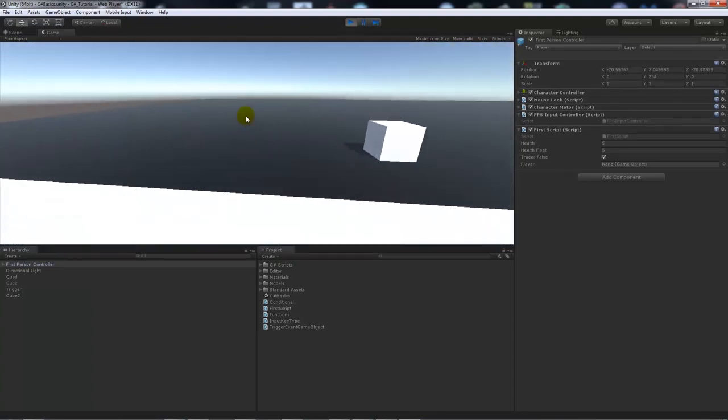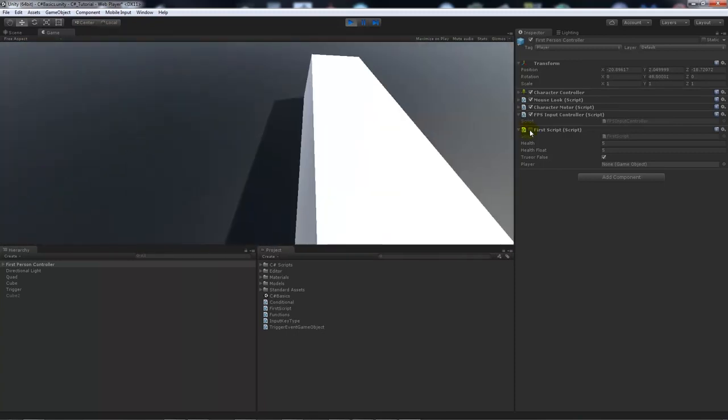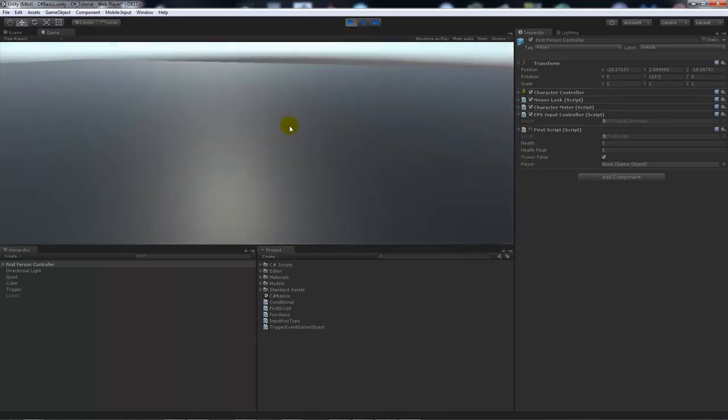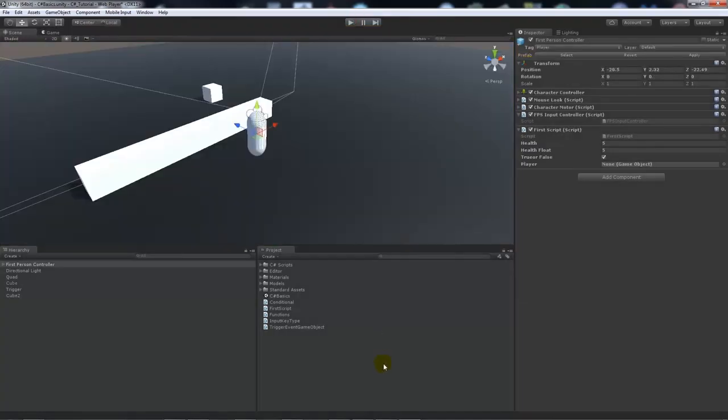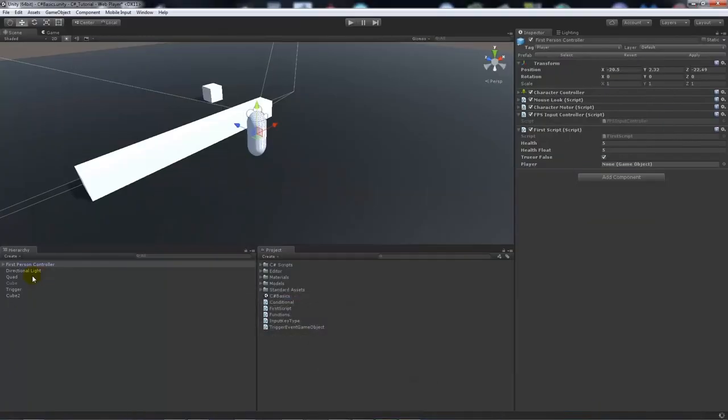So I'm there, I walk in front and the script is now disabled. And as an example, we can do exactly the same thing if we want the script to be true. So say we want it to become active when we go through the collision, we can do that. Or say, this is just another example, say we want to do something differently entirely, and we want to say